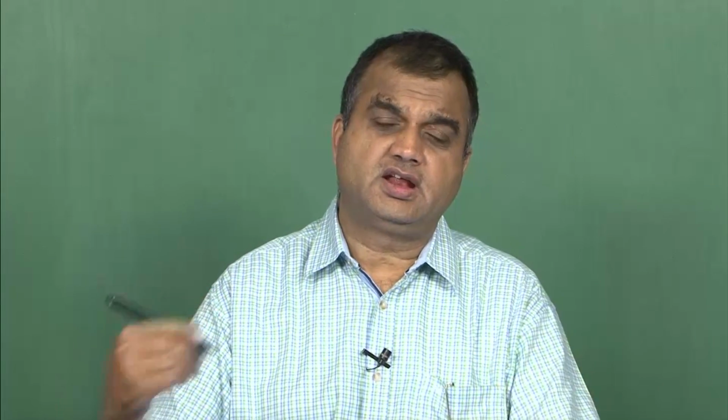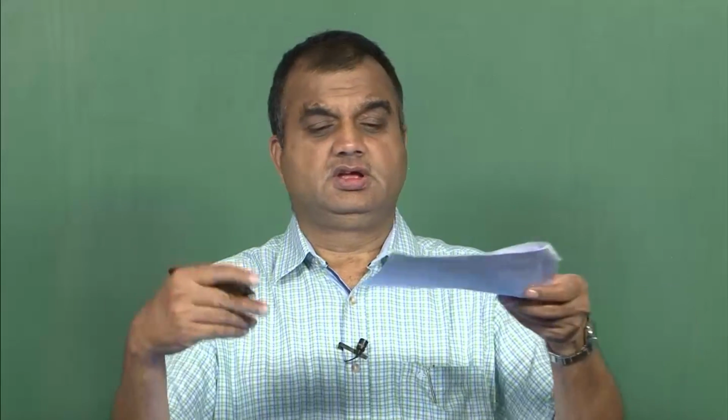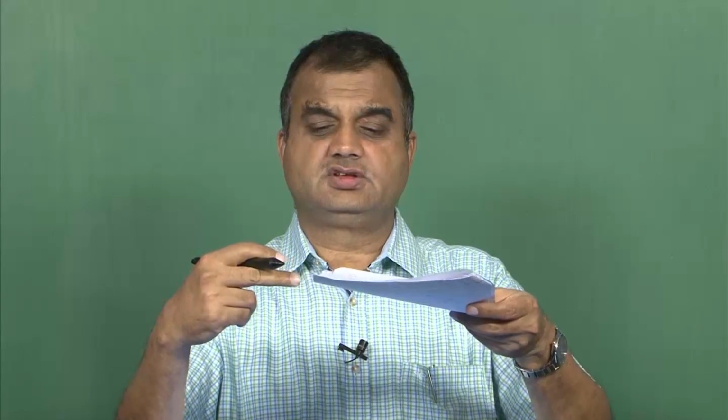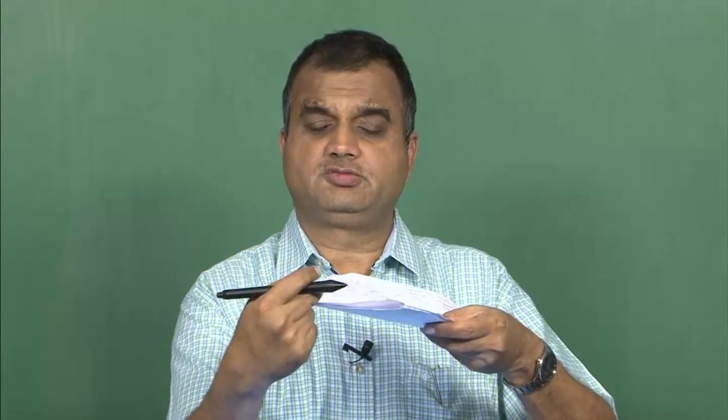So, earlier we have discussed buckling of composite plates when they are subjected to compressive loads, and the direction of the compressive loads is normal to the edge. So, if this is the edge, then the compressive force is normal to this edge, it may also be normal to the other edge. Today we are going to discuss a slightly different type of buckling known as shear buckling.